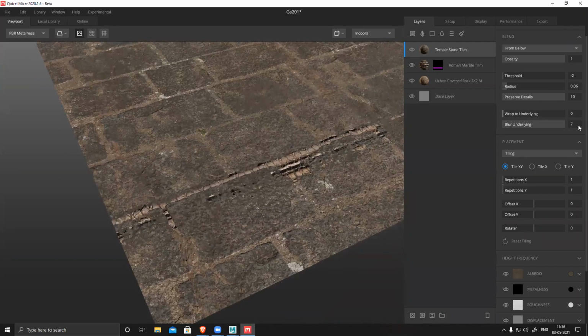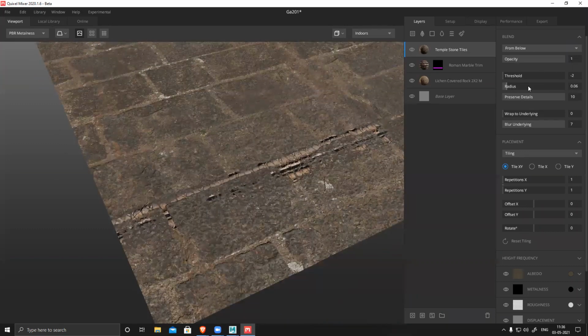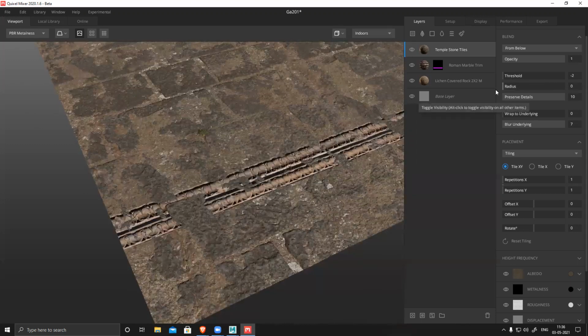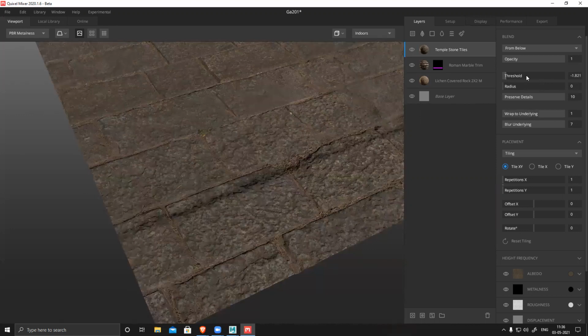No, I don't have to wrap with the base. I'll keep it like this. Opacity I can keep full 100%. Radius. It's not changing.